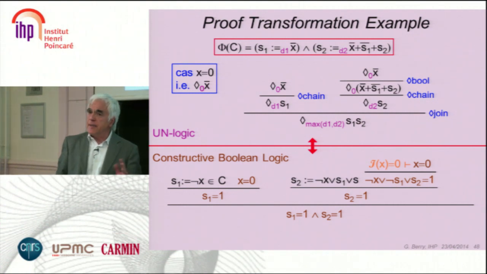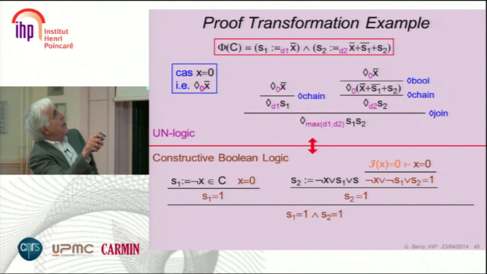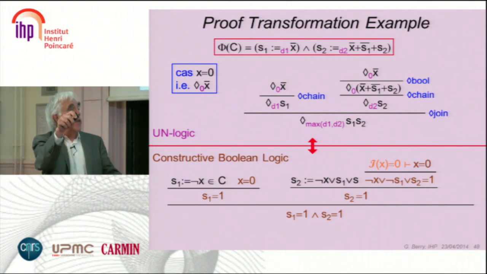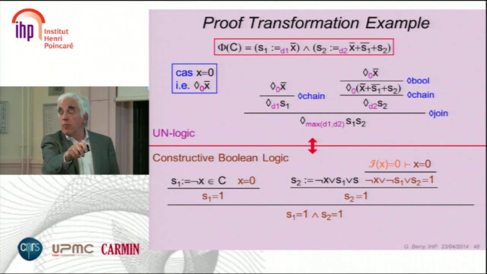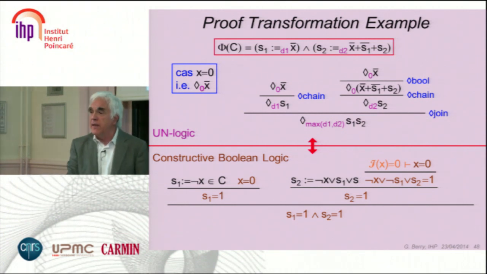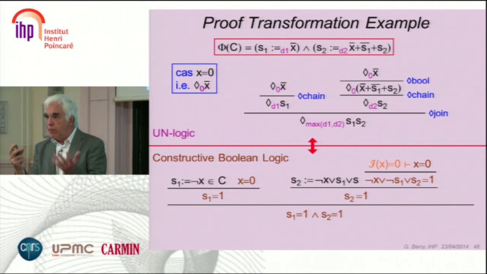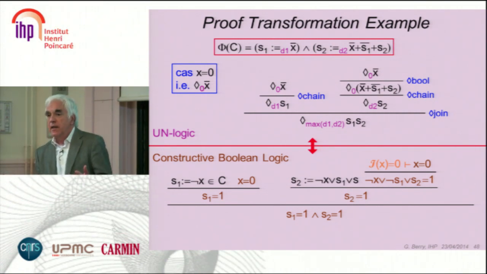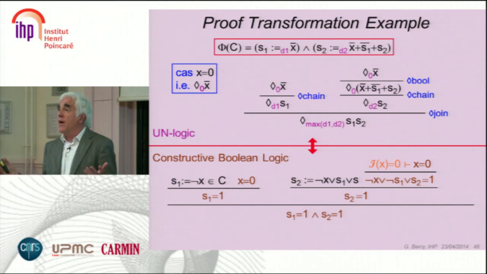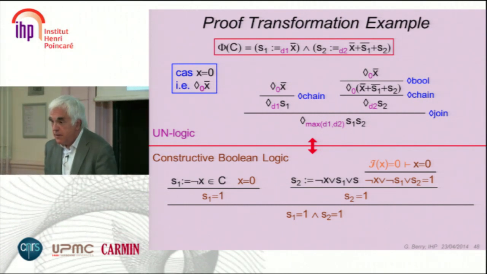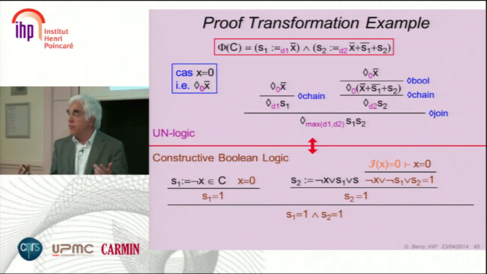Which means that if you prove the circuit for one delay, then for one delay assignment, then you prove it completely in Boolean logic. But that means that you can transform the proof to any other delay assignment, which means that circuits which behave well for one delay behave well for every delay assignment. Which means that reasoning for every delay assignment is exactly the same as reasoning without delay at all. Constructively, of course, without delay at all.